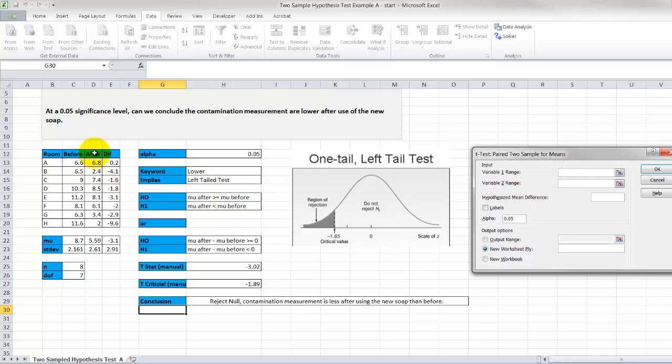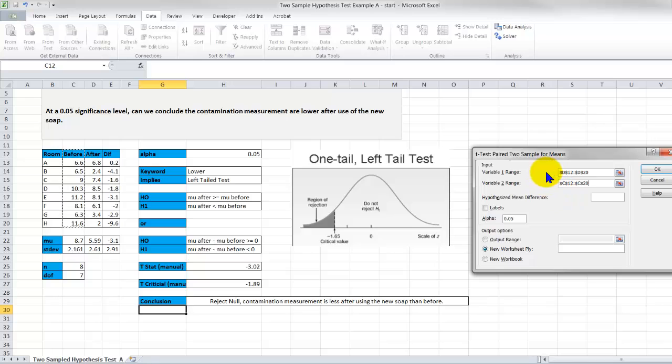It actually appears second in the list. Okay, so that is a little confusing and where most people make some mistakes. Variable 2 is going to be before. So remember, look at your alternative, after and then before. After minus before. That's exactly how